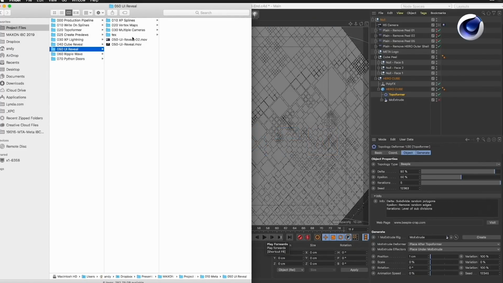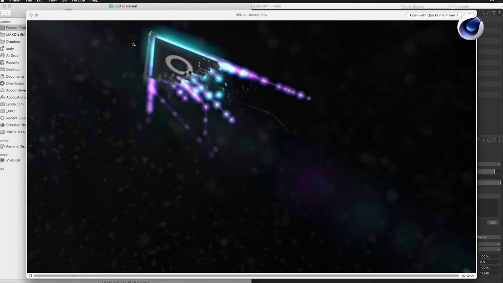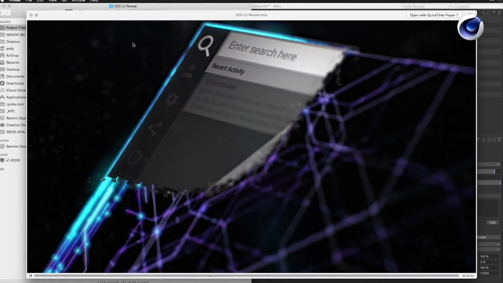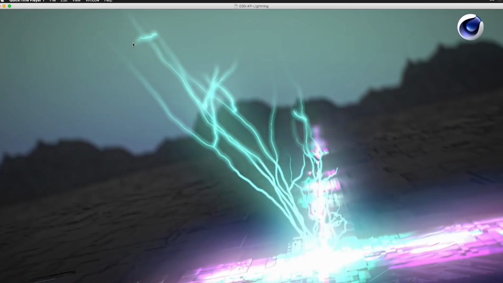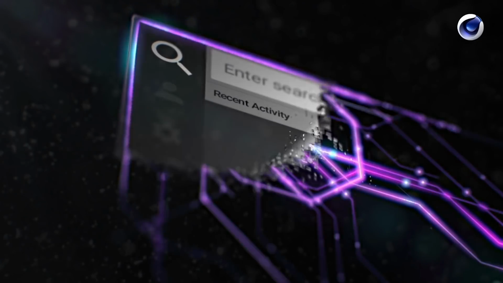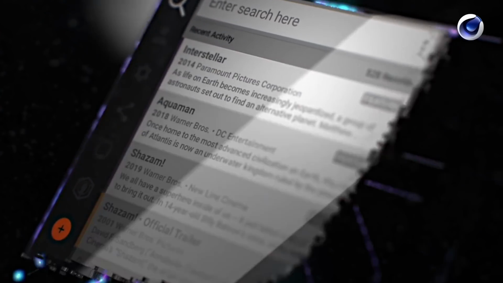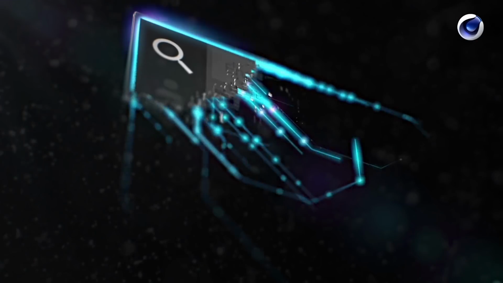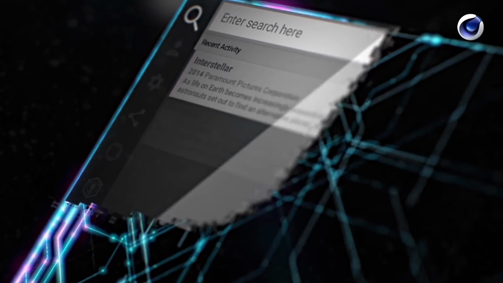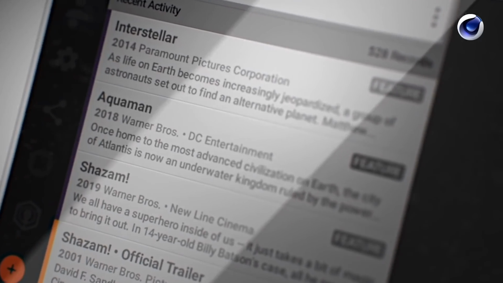So that leads me nicely into the UI reveal, which is taking that same idea of a couple of different segments that, when combined, can create a more complex and visually interesting effect. So we're going to focus on how the lines were created right here, and also how this other part of the geometry was revealed as well. And to do that,